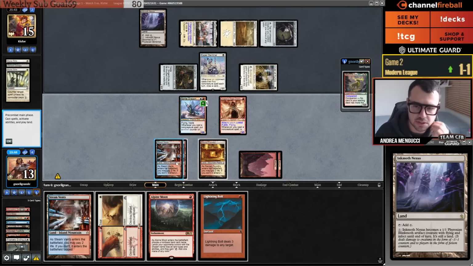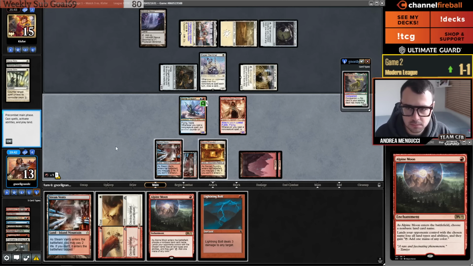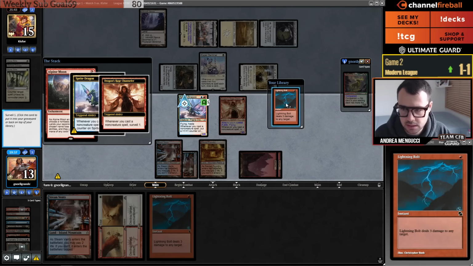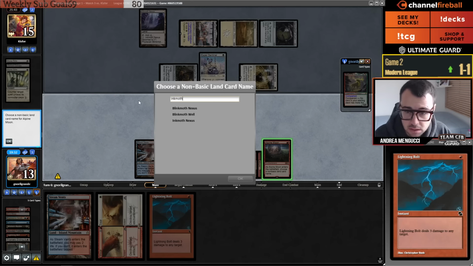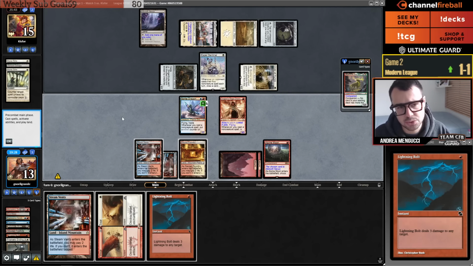Could just Alpine Moon this Nexus. At this point, even if they go Saga, it's too late, I think. Alright, I'm gonna draw that Bolt. Give my opponent upkeep here. So, actually, if I Bolt you now, you get a 12. The Sprite...